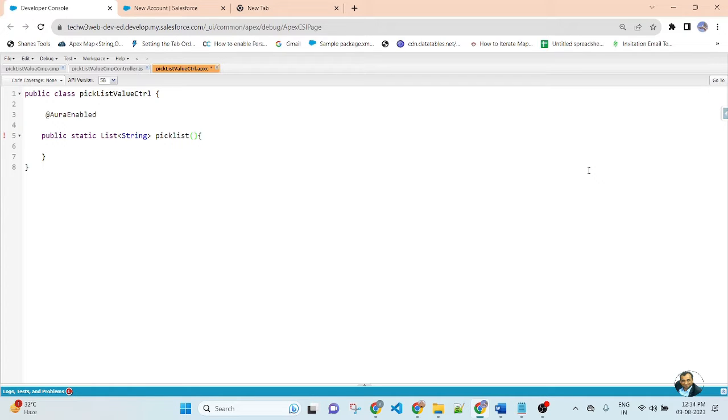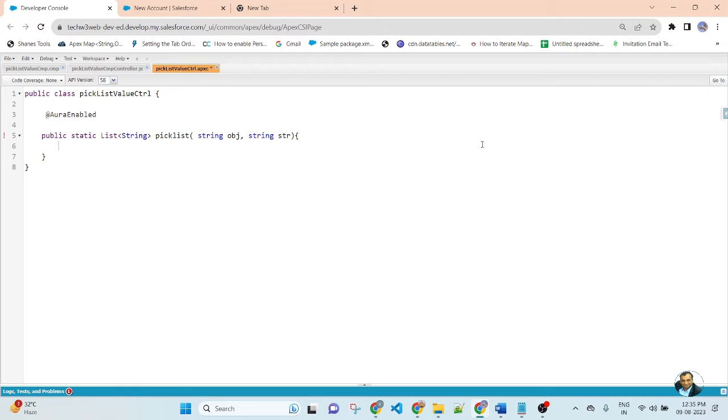String obj, String str. So the first parameter is defined for the object name, the second for the value. So both are string parameters.